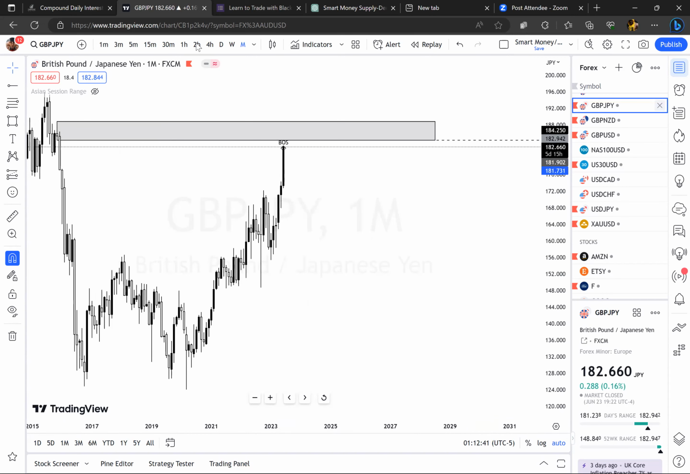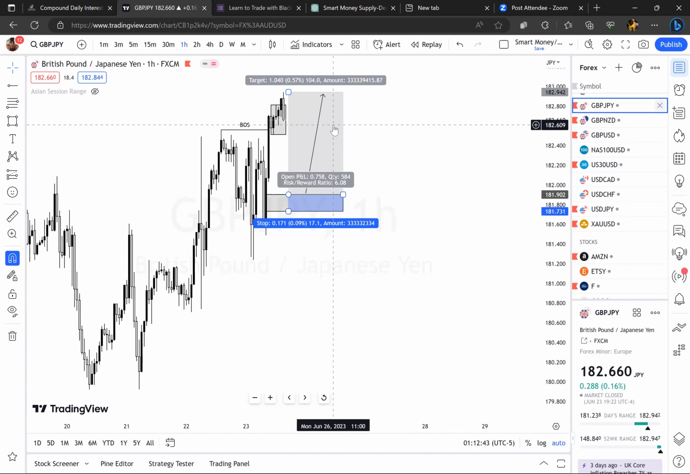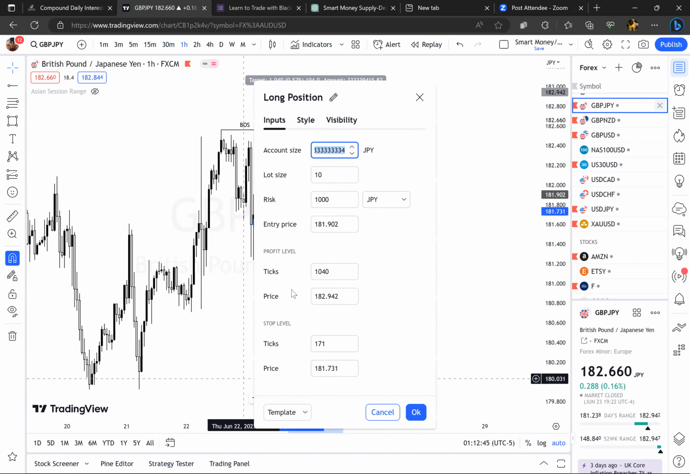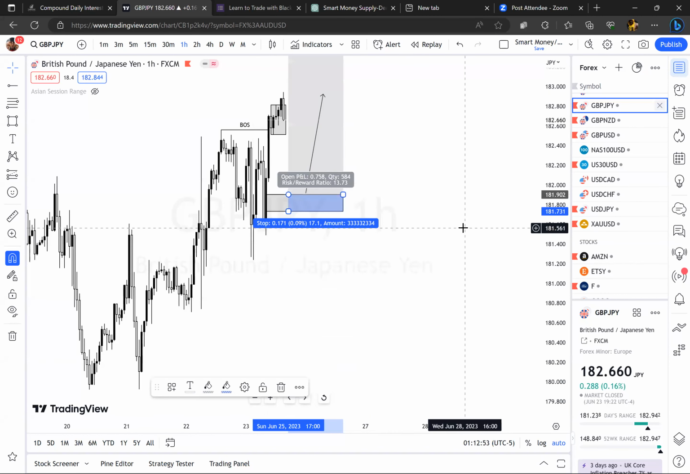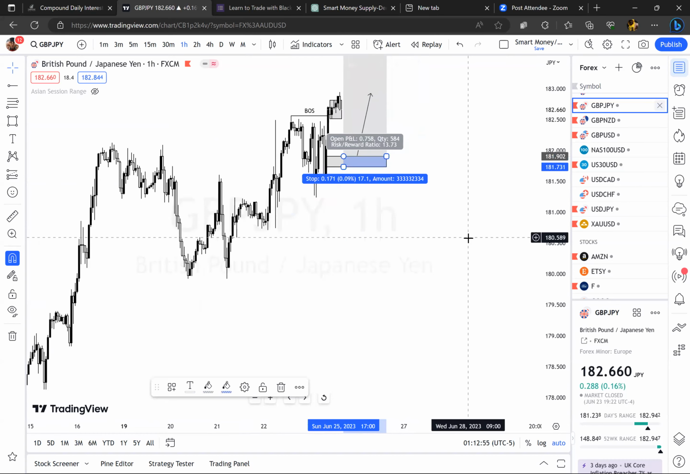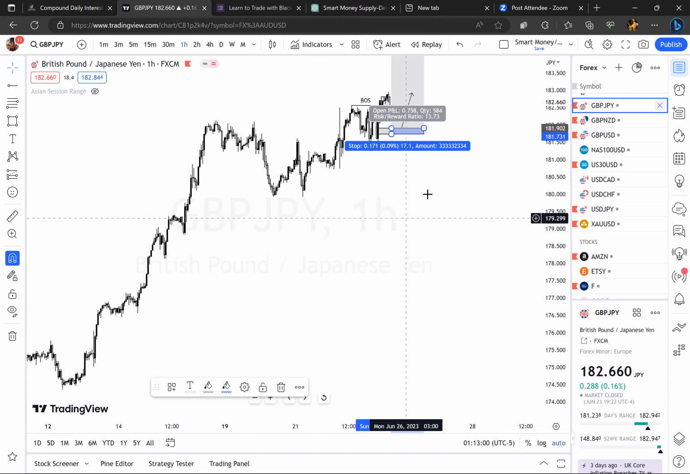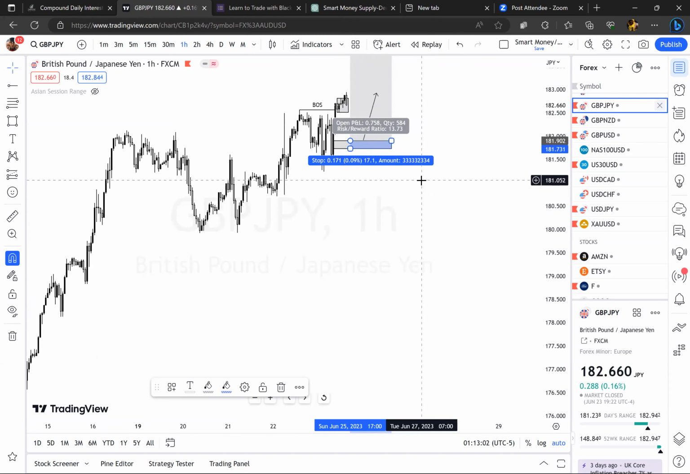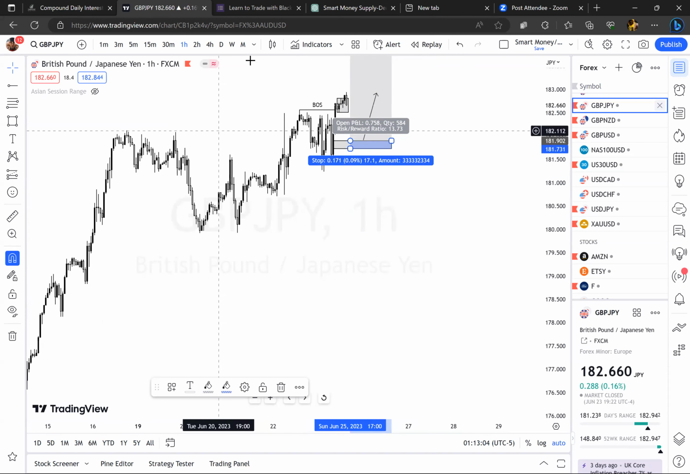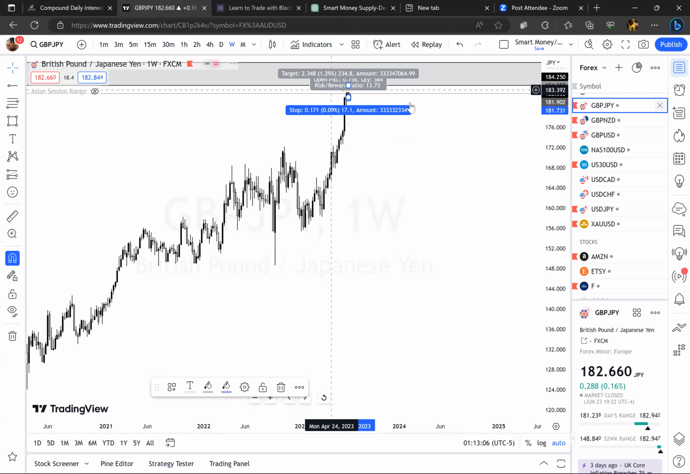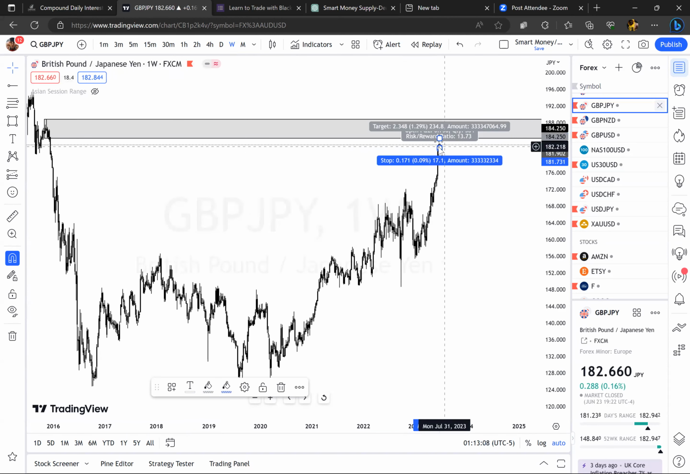184.25. All right. Go back to the hour. 1 to 13 risk to reward ratio. All right. So that's my target, 184.25. That's what I'll be aiming for. And that'll be a total of